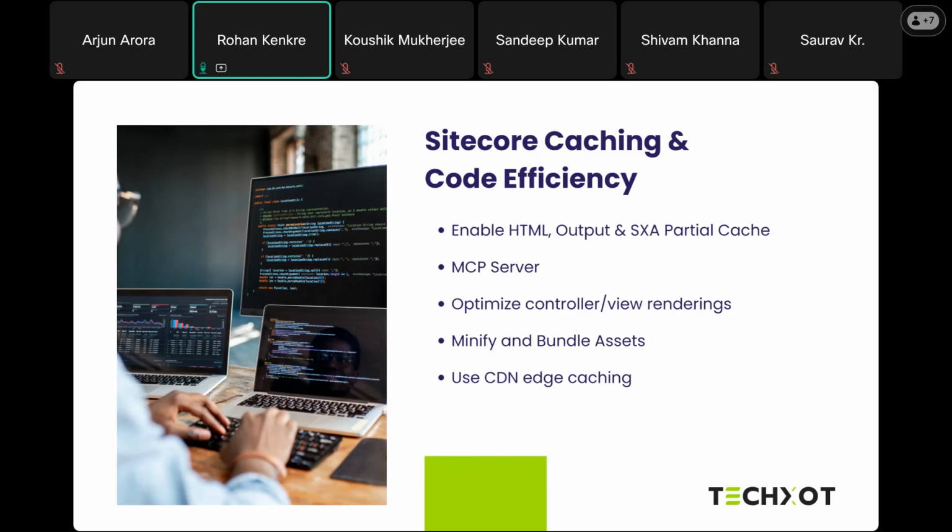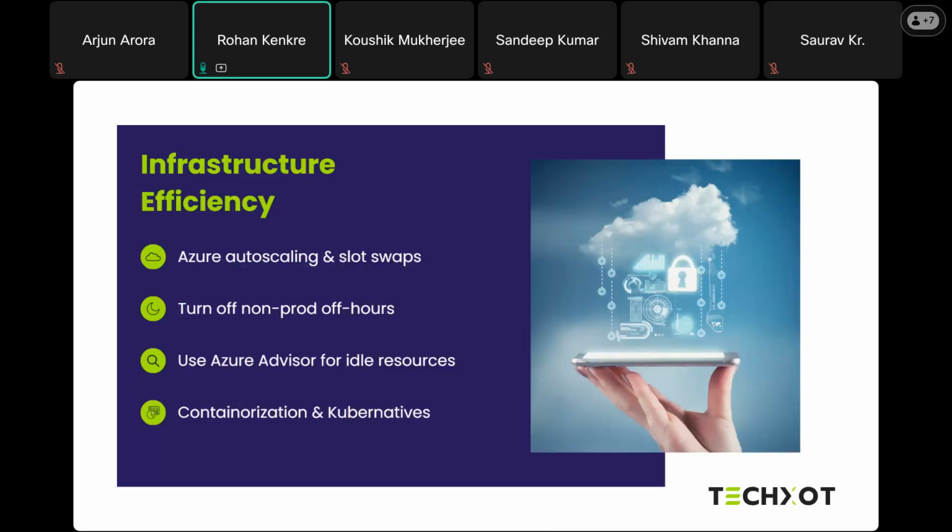Okay. So the last area is infrastructure. We spoke about the servers, the web services, and SaaS. So what is actually in our hands? Even if you're on-prem or on platform as a service, you can use a CI/CD pipeline to deploy. You can keep auto scaling on, and have a slot swap so that you don't have to do things manually. The second thing is that everybody has non-production environments. I'm not talking about production, but lower environments like DIT,